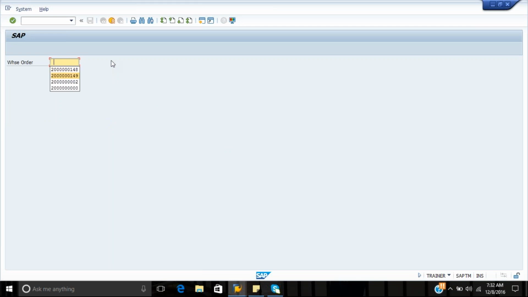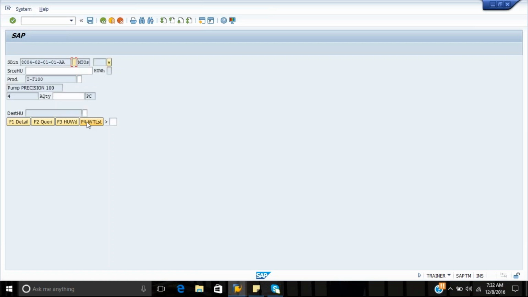The one which is having more than one is opening, but okay. We'll go into this first. We'll try to confirm this. This is the one which is having more than one task, right? So what the user will see, you can see there are 3 tasks. This is the first task, this is the second one, and then this is the third one. Okay, so he has to go and pick all the 3 handling units first. So he's not going to the destination bin, he's just in 8004. The user will be guided to just go and